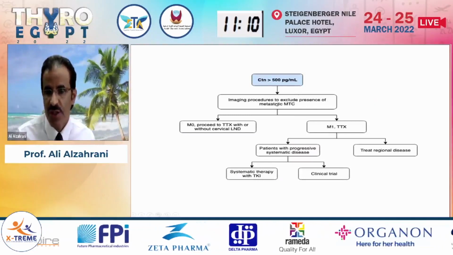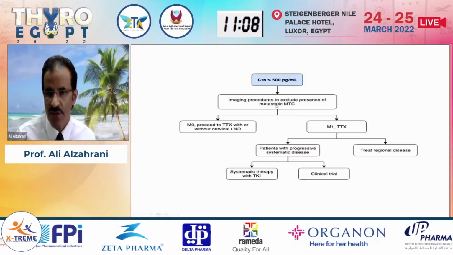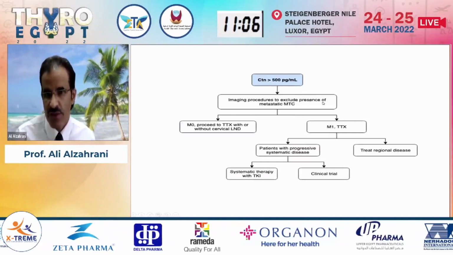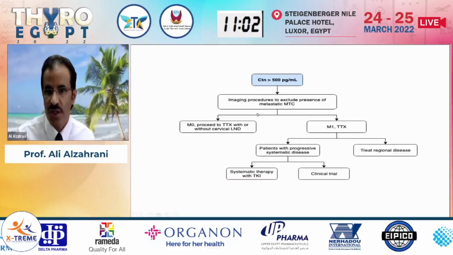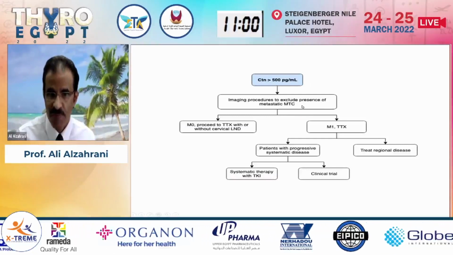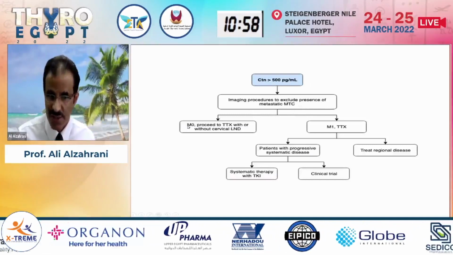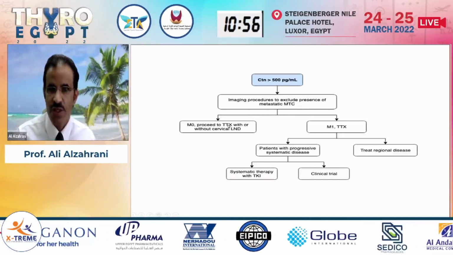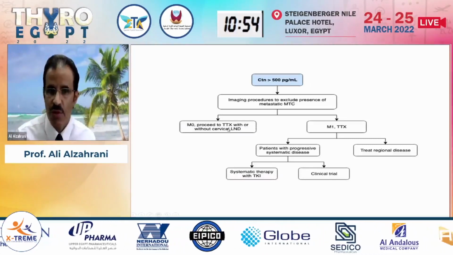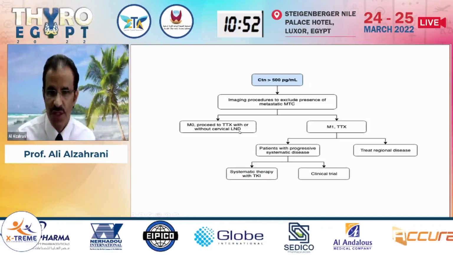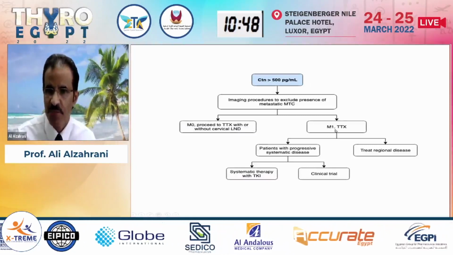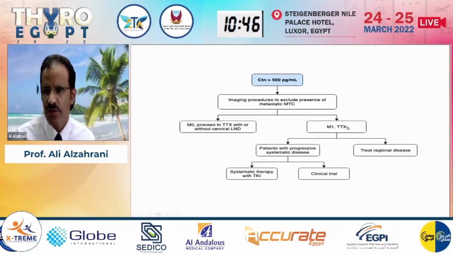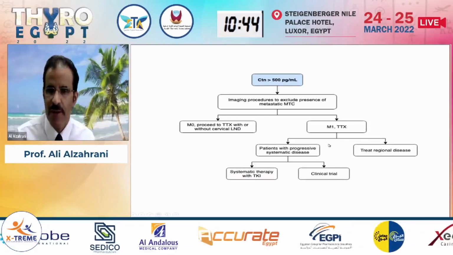a CT scan of the chest, and a CT scan or MRI of the abdomen. You may even consider doing a bone scan or PET scan to make sure that the patient does not have distant metastasis. If there is no distant metastasis, M0, you proceed with total thyroidectomy with or without cervical lymph node dissection. On the other hand, if there is metastasis, M1, still you need to do total thyroidectomy and deal with the